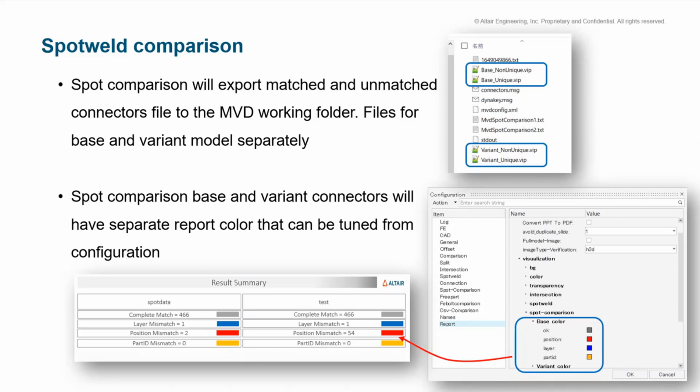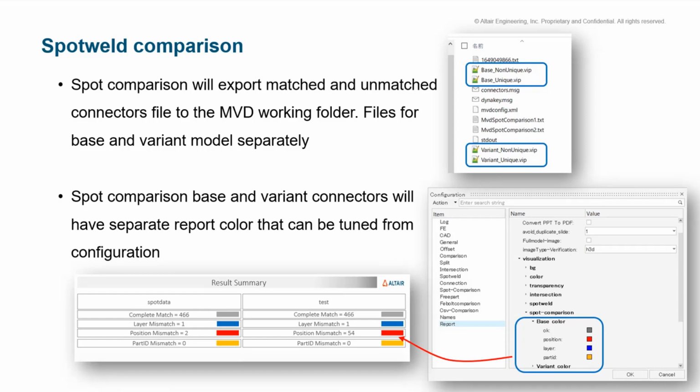Okay. So for these mismatches, they wanted to get the report, but they also wanted to send the feedback to the designers, to the CAD software itself. So they requested a function where, after running the comparison between two spot welds or two 1D elements, they can export a connector file which has all the matchable and unmatchable 1D information for both base and variant. So we added this option in this version, so that by default we are doing this, because we came to know that a lot of people are interested in the same function, so we made it